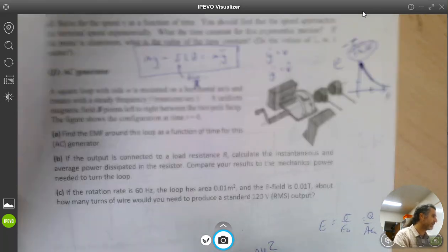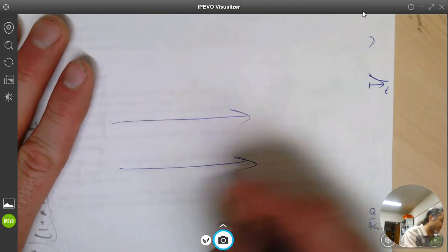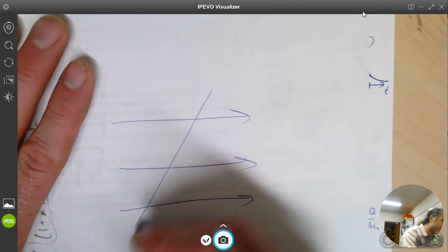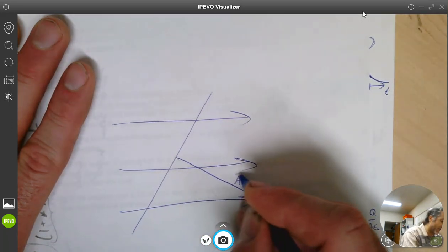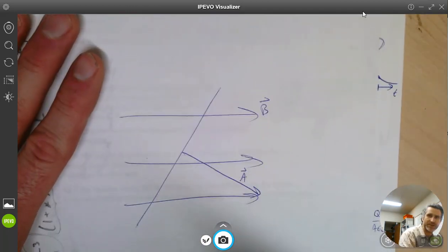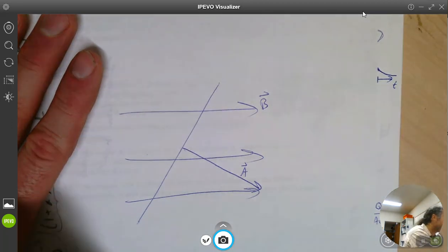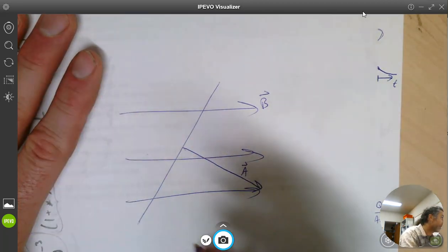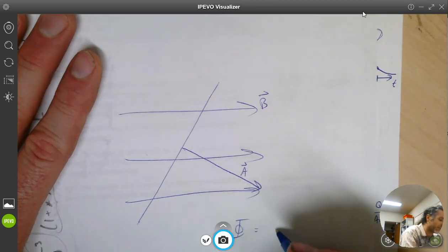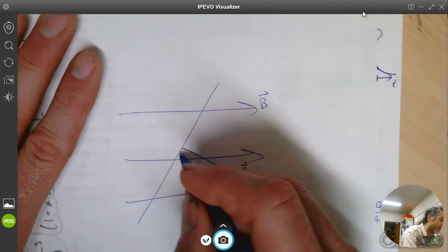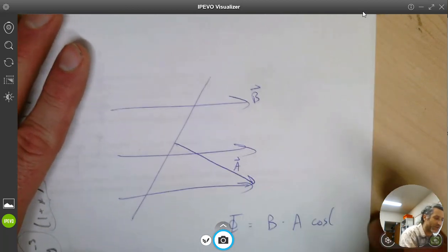And maybe I will also draw this picture here. If here's my magnetic field and the loop is doing something like this, just a 2D side view, then the area vector is pointed this way, and the magnetic field vector is pointed this way. You could imagine that there's going to be a cosine relationship, right? In other words, the flux going through this loop is the magnetic field times the area of this loop, but also times the cosine, right? Now, some of you are also asking, well, cosine of what?